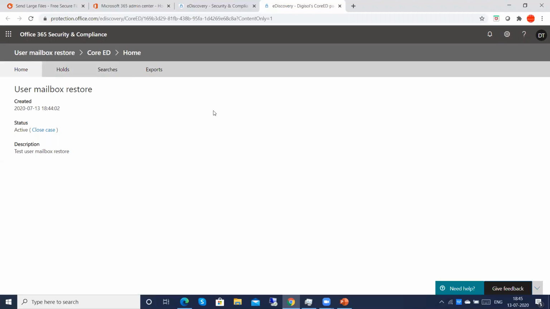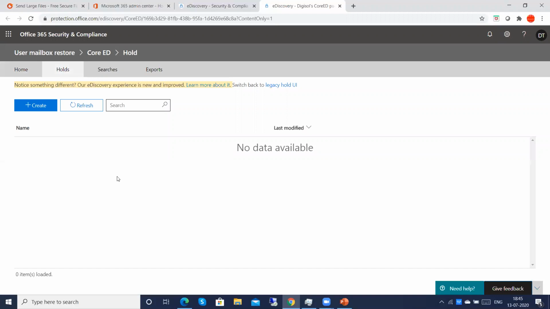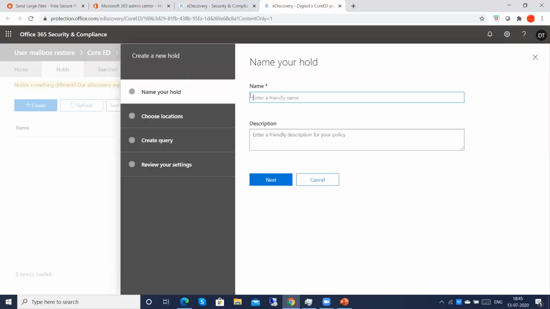Then in that you have steps again, like 1, 2, 3, 4. So it is home, then I have to create the hold. We have to create a hold for whichever mailbox we require the data. So I am creating it here. I am typing the friendly name, that user mailbox name, test dot mailbox.